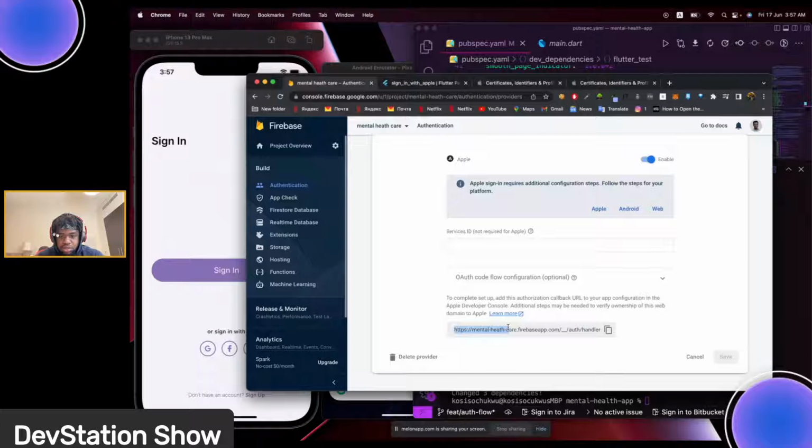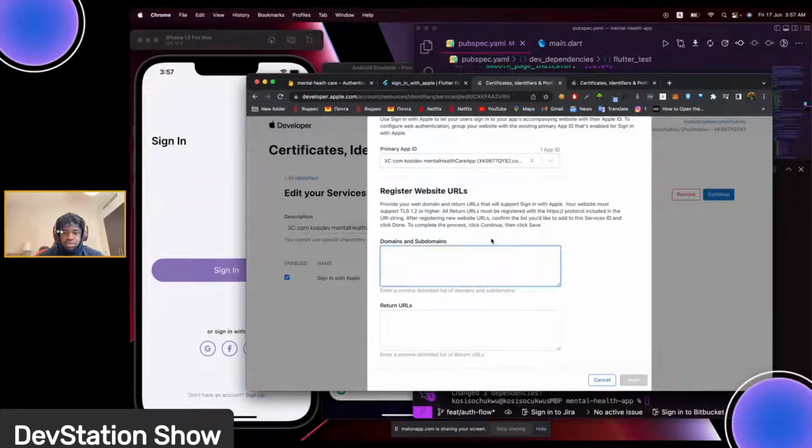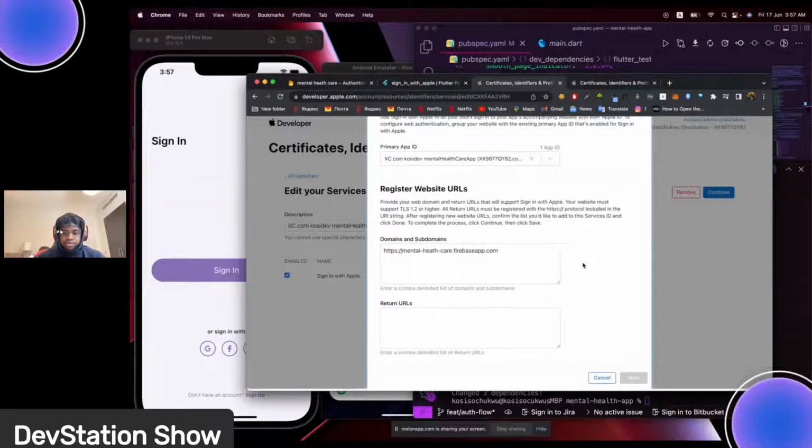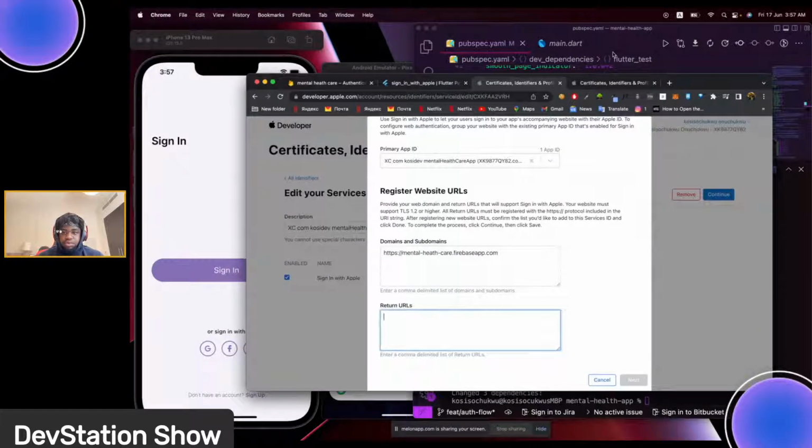You can add these domains. I think that's enough. Return URL. We can add